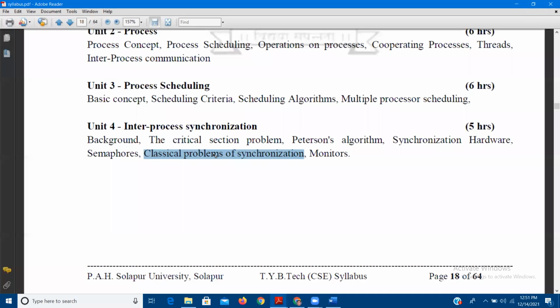In the case of reader writer, right now we are all acting as readers. I have shared the screen, and on that screen I have shown one PDF file, syllabus.pdf. It is displayed in front of you, and you all are reading this file. So these are called readers. There may be a number of readers with respect to one file, but there should be only one writer at a time.